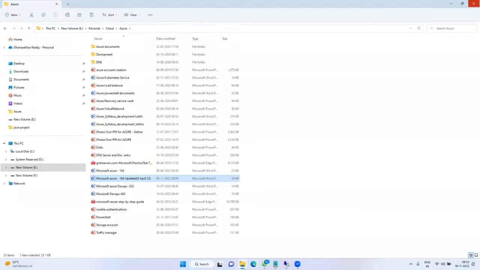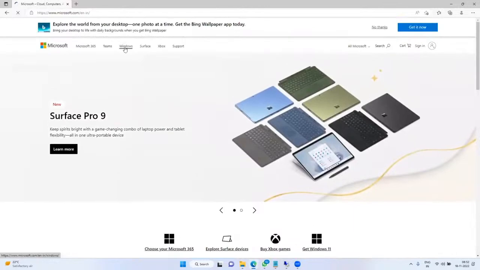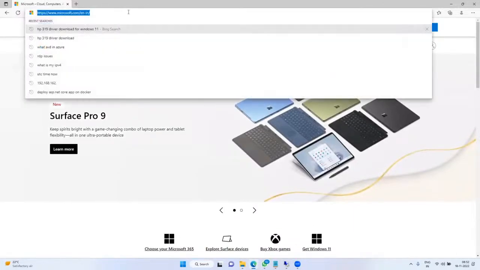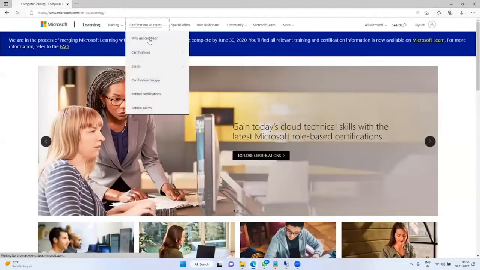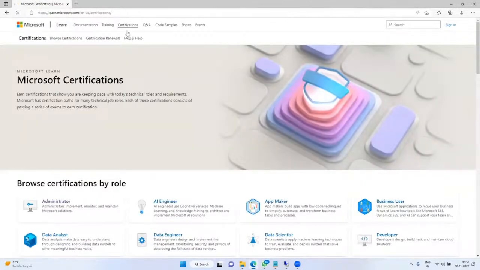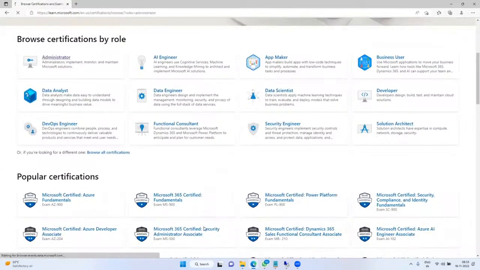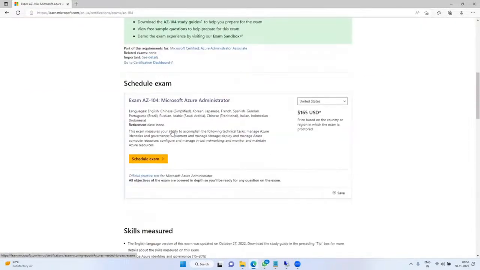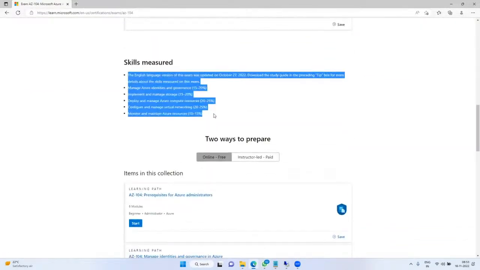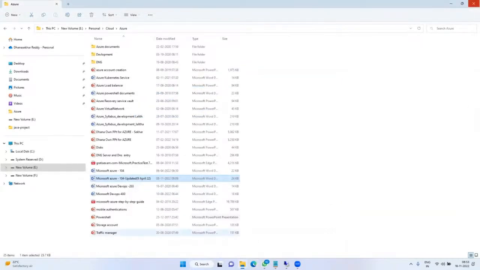If you have any queries, you can go to microsoft.com, navigate to learning, and here is administration. So these are the syllabus. Skills are measured. Okay, right, fine.